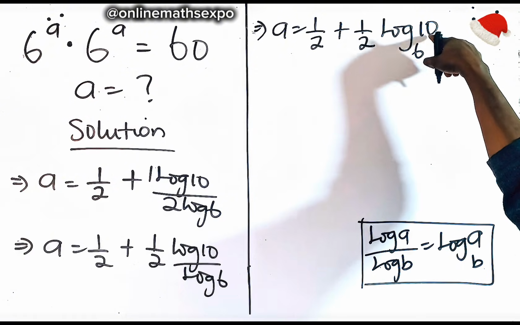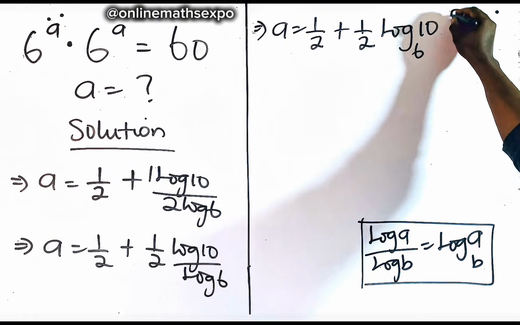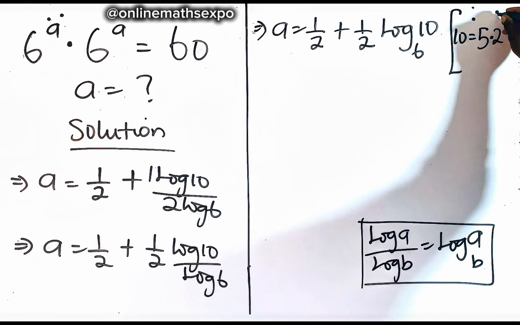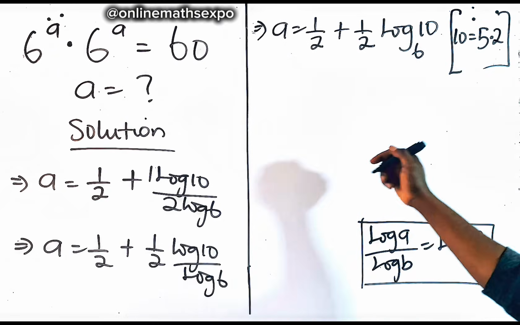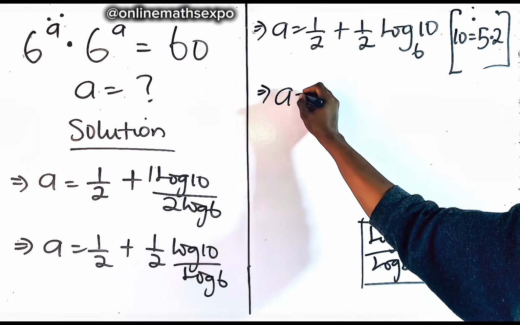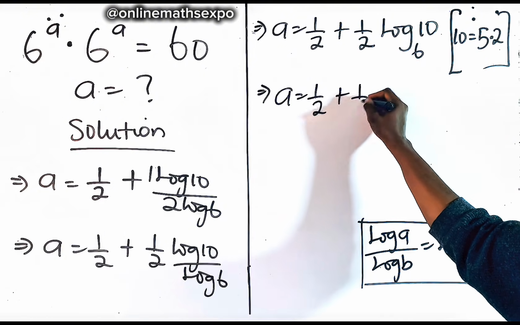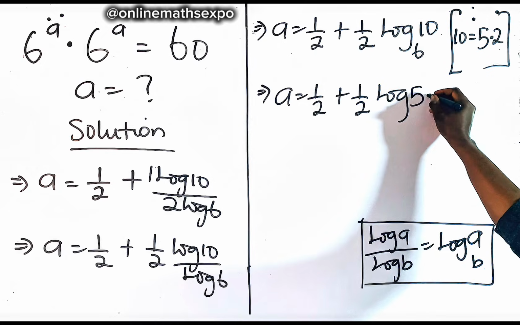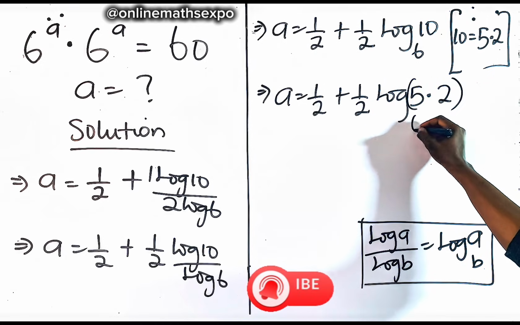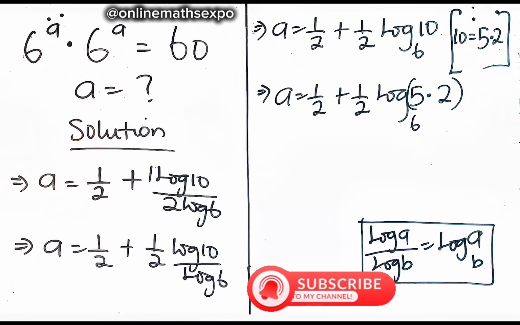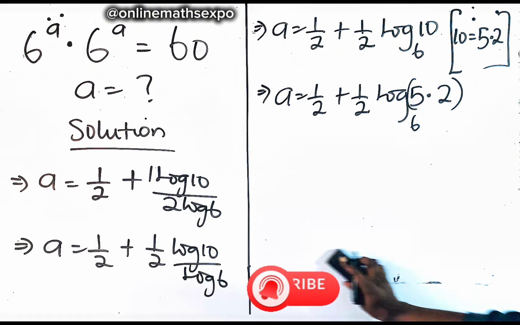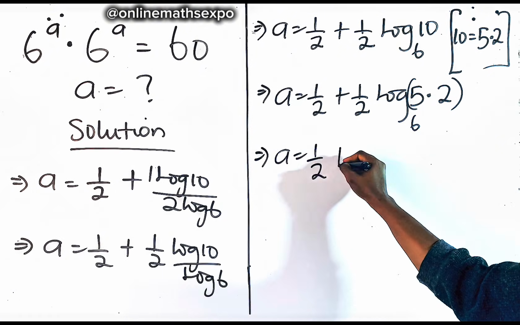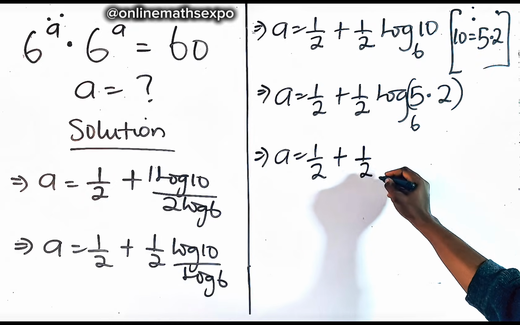So to do that, we have it that 10, as you know, is the same as 5 multiplied by 2. So let's apply it here. And that is going to give us A is 1/2 plus half log. This will now be 5 multiplied by 2, then base 6. Let's keep simplifying. So we're going to now have A is equal to 1/2 plus half of,